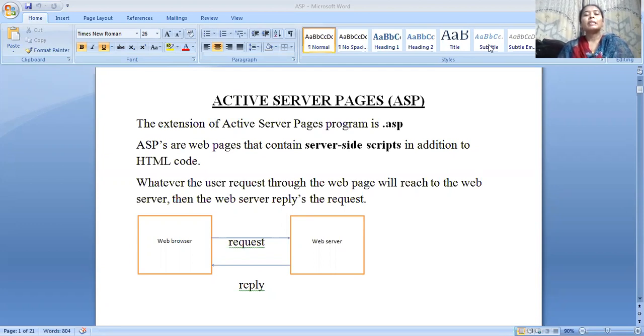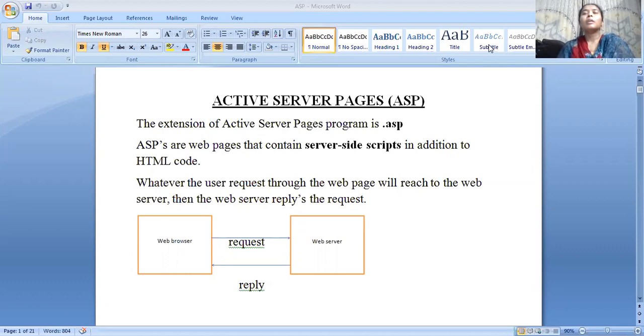The server-side scripts are special commands in web pages that are processed before the pages are sent to the web browser. In the case of ASP, the process is simple, except there is an extra processing step that takes place just before the web server sends a file. So before the web server sends an Active Server Page to a web browser, it runs all the server-side scripts contained in the page.